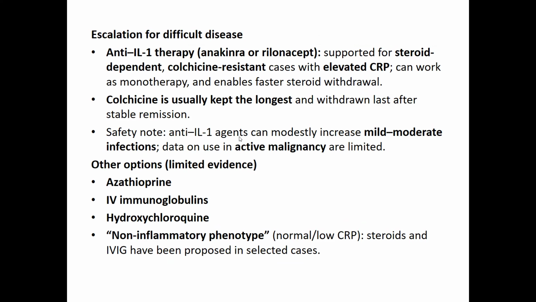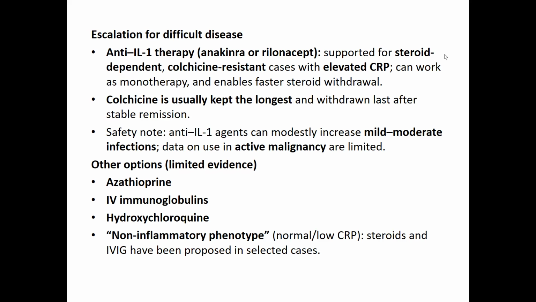Even if you put triple therapy and the patient did not improve, you start referral to rheumatology, because then the patient needs escalation of treatment. And here the anti-interleukin-1 therapy will play a role. So anakinra and rilonacept, these are interleukin 1 inhibitors. They have been approved for treatment of recurrent and difficult to treat pericarditis. Those patients, despite having triple therapy, continue to have symptoms once you start to taper them, and it can be quite exhausting. So the anti-interleukin 1